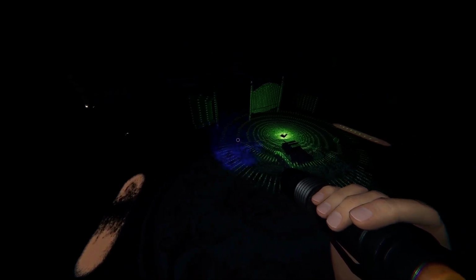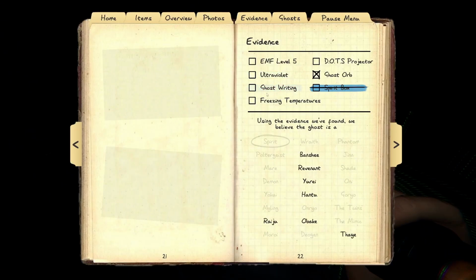Is she stuck? I think she was stuck on the dots. I don't know. It looked really weird. So I'm going to assume no spirit box, no ultraviolet, but we did get dots. So Yuri, Raiju, or Thay. I'm not going to say probably not in EMF 5, but we do have...